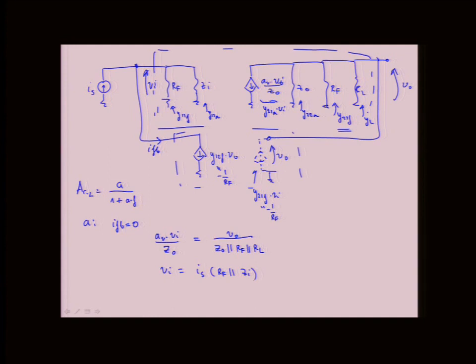And then we can write A as V0 over IS when I feedback equals 0. And that equals minus AV times Z0 in parallel with RF in parallel with RL, times RF in parallel with ZI